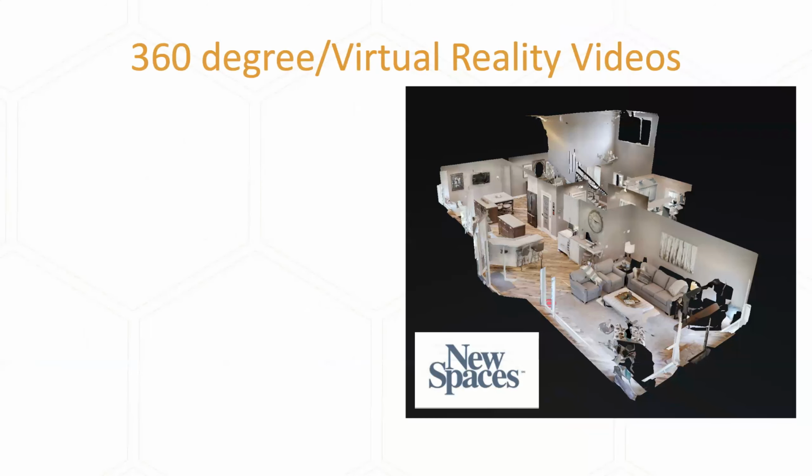Two more. The next one is 360-degree or virtual reality videos. These are great if you're trying to show a lot of things in one particular space, which is the size of that video screen. This is an example from a company called New Spaces. They're a remodeler based here in the Twin Cities. And this is a particular technology called Matterport, that you can take a 360-degree view of a space, and